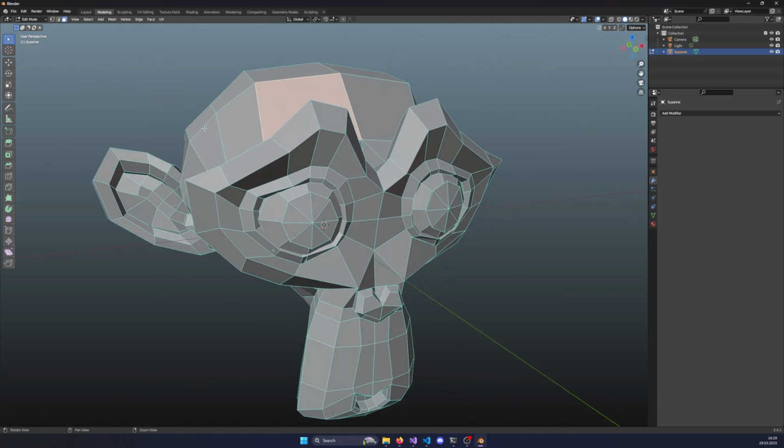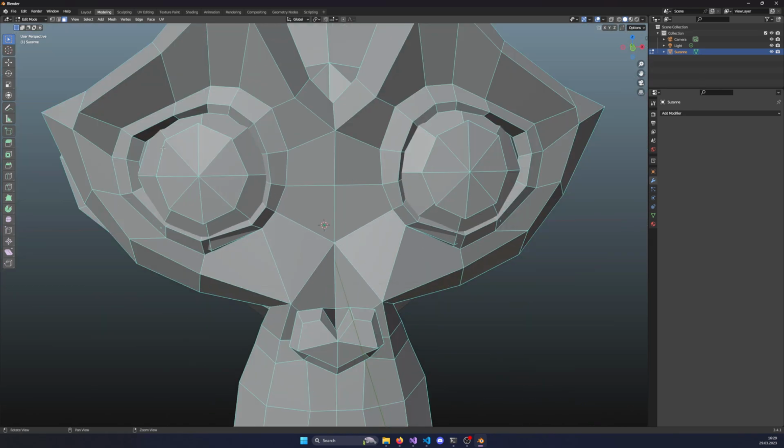The number 3. I had to press the number 3. And then you can see that, for example, the eye here, this eye here, it is a triangle. That one seems to be a triangle as well, but all of the other things, they are quads. And that's good because they allow way better modeling, especially if you're an artist and you are in